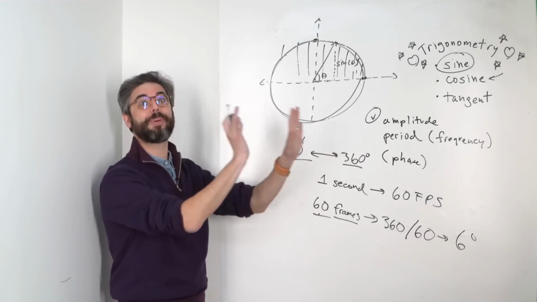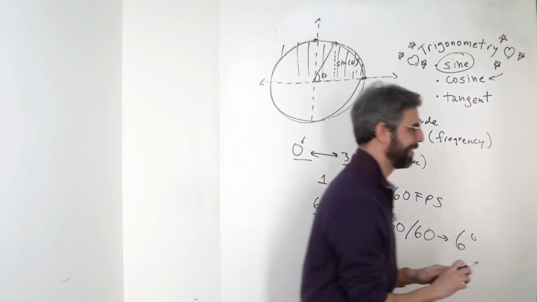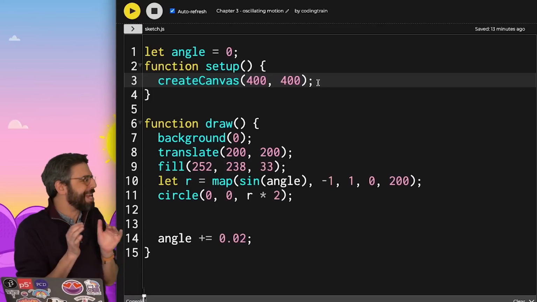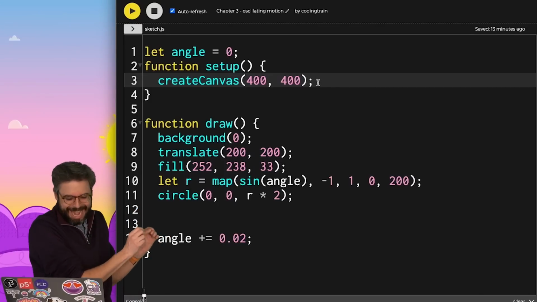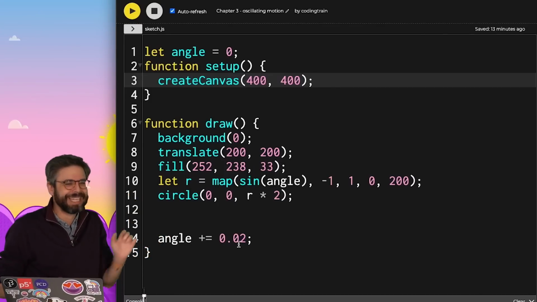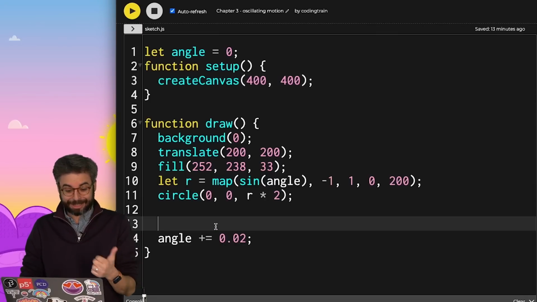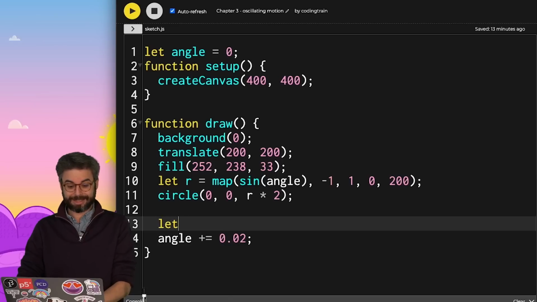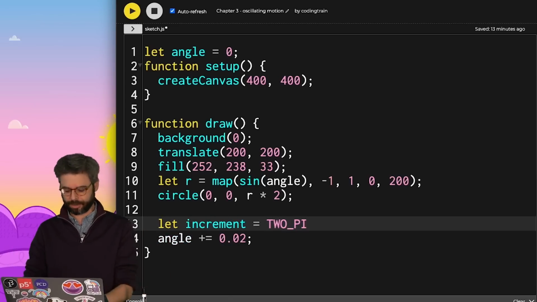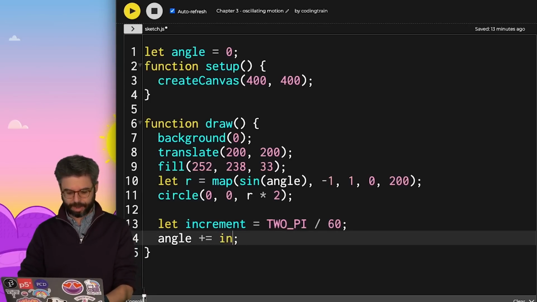Let's go try putting that into our P5.js sketch. Now, while I'm tempted to write angle mode degrees and have then angle plus equals 6, I'm going to allow myself to stick in radians, but actually just say, let increment equal 2 pi, which is the equivalent of 360 degrees, divided by 60 frames. So I can actually do that math right here.